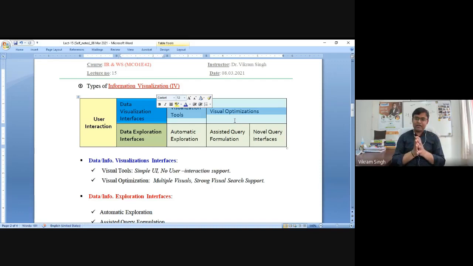A visual tool means it will have a simplistic representation of the retrieved data in some visual formation, right? You can use a tile bar, you can use any representation, and in this case, you do not need to provide any feature, any options to the user to